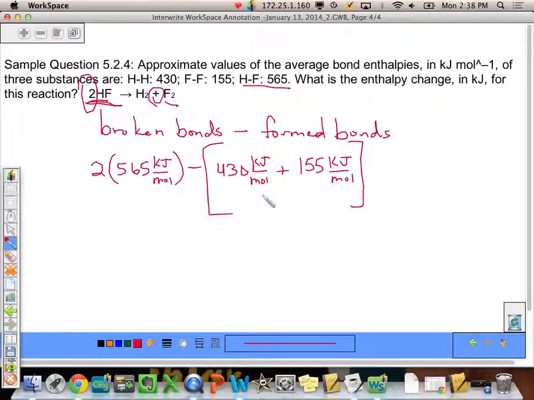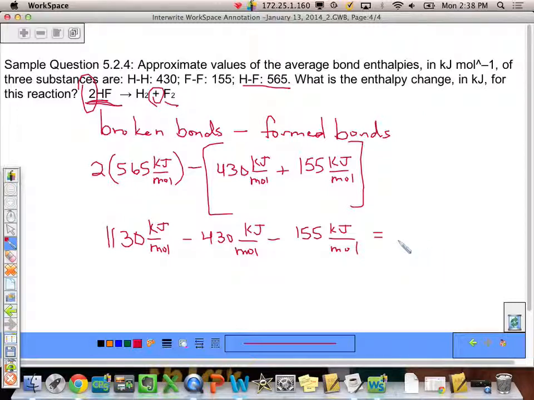So I could do this a couple ways. I could do the addition first and then do the subtraction. In essence, I have 1,130 kilojoules per mole, and I am subtracting from that 430 kilojoules per mole and subtracting 155 kilojoules per mole. When I calculate it all out, I get 545 kilojoules per